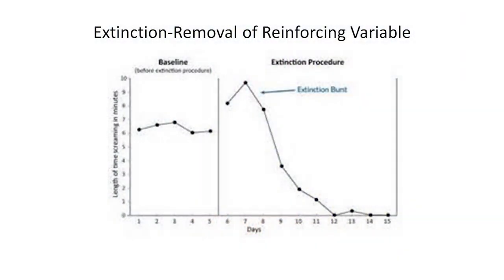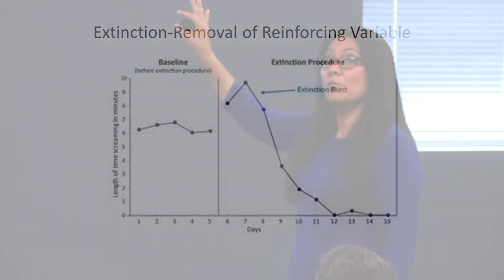So you'll see here, this is just an example of a graph because we graph all of our work. Once you have identified the function of a problem behavior for an individual and you develop interventions that are specific to that function, and those interventions target both the reduction of the problem behavior and the skill acquisition of the replacement behaviors, remember I said you're going to be applying reinforcement in both of those conditions, right?